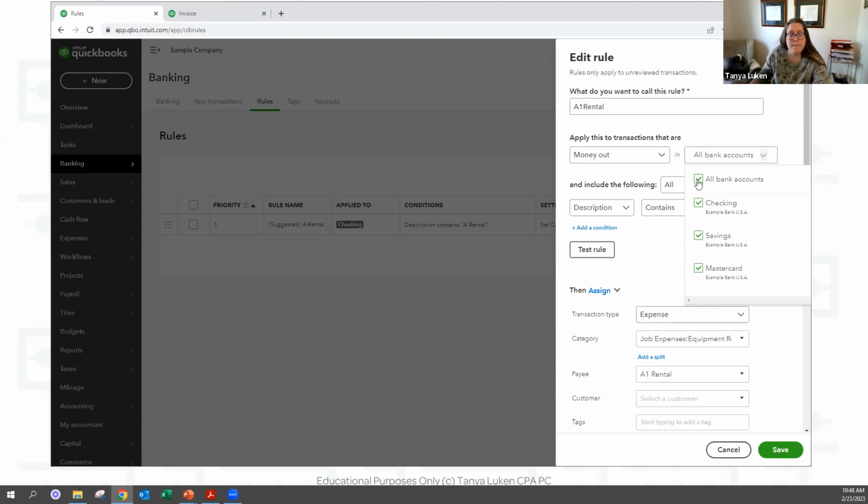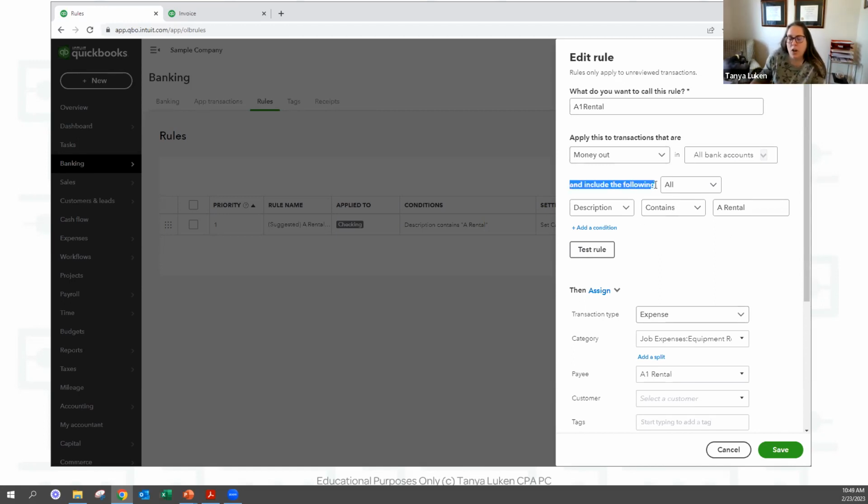Let's say that you have your Google G Suite email set up to come out of your checking account and to charge to your debit card, and you use your Google storage and you pay it with your credit card, then you would pick your rule to apply only to your checking account or only to your MasterCard. Okay, make sense? All right, then this is the meat of the rule.